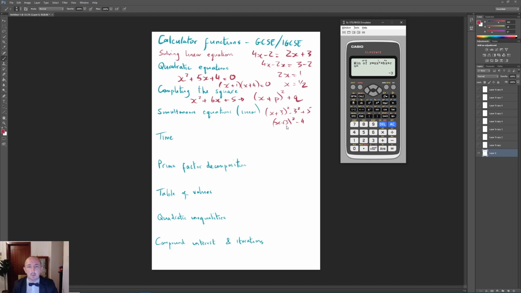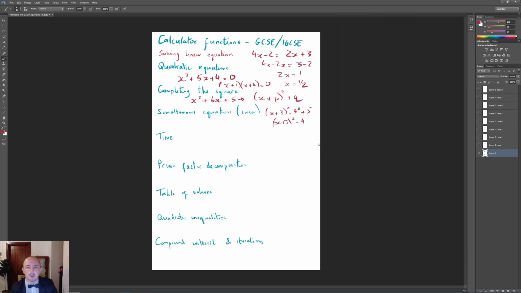So that is the opposite of this bracket here. That's actually the x coordinate of the minimum point of that graph. And if I press down once more, the -4, that actually gives us the plus q, the y coordinate of this turning point. Okay, so we can actually plot this graph now because we know where its minimum point is at